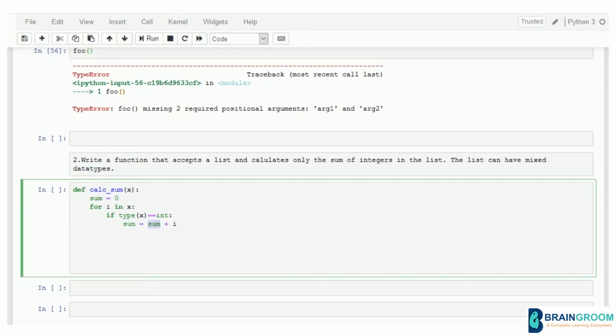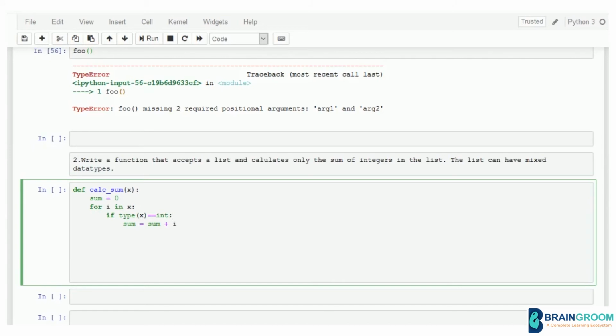Now in the next iteration, let's say you encounter another integer 2. Then you have sum equal to, sum was previously 5, I is 2, so 5 plus 2 is 7 is updated. So in this way, every particular integer that is encountered is added back on your result. So it is like an accumulated result of all your sums, and once this is done, you print your output. So again, as I said before, be careful where you give your print statement. So we add everything and only finally need the output. So you have to give your print outside your for block. So print sum.